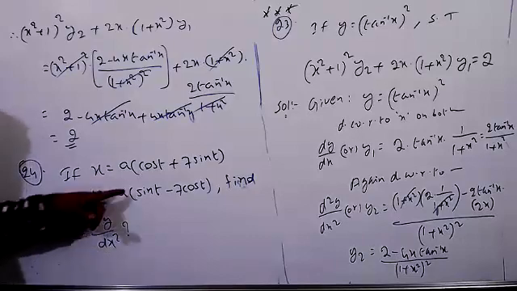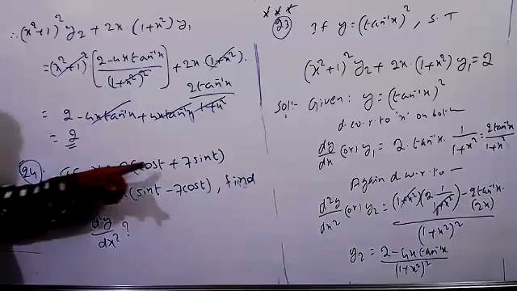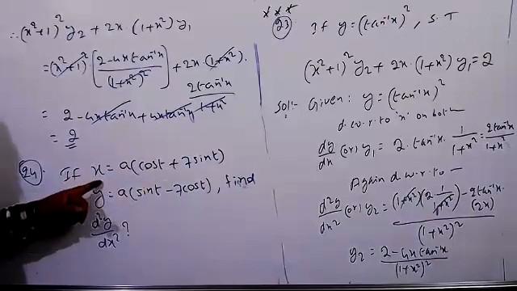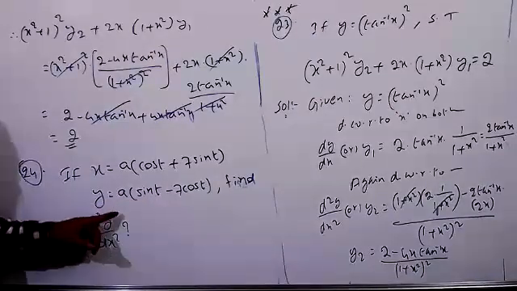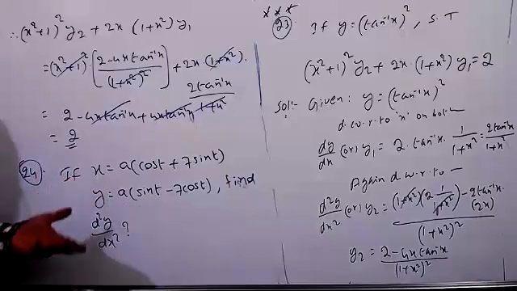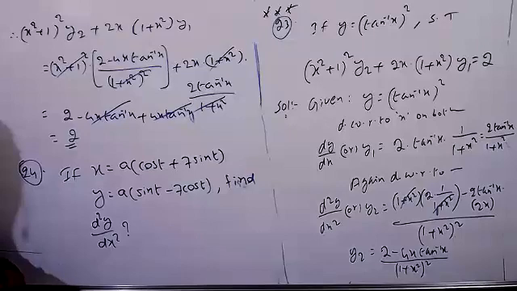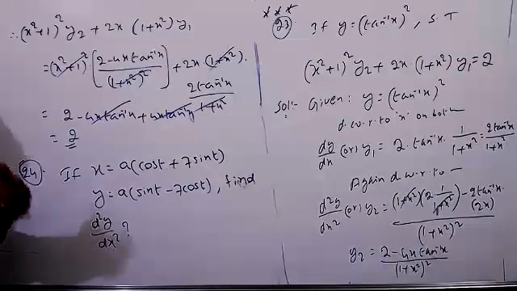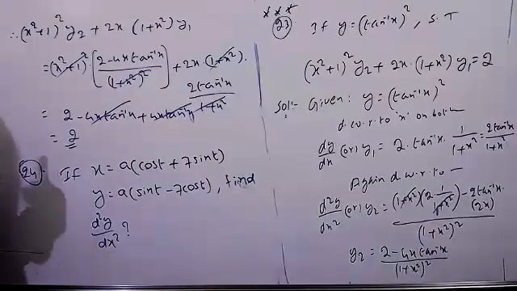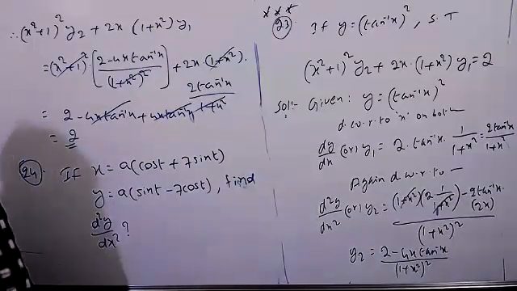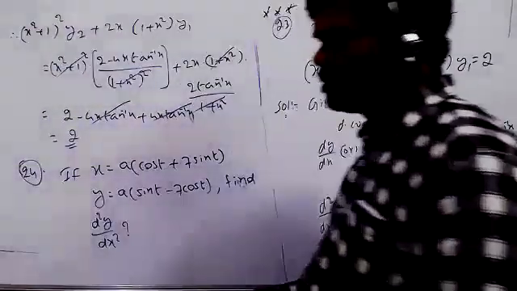What is the parameter now? T is the parameter. So with respect to t, first you find the derivative of x with respect to t, which means we get dx by dt. Derivative of y with respect to t, we'll get dy by dt. You follow the same procedure. Then dy by dx equals dy by dt whole by dx by dt. At last we got one result, dy by dx. That is again differentiated with respect to that parameter. So this will be a 6-mark question, right?